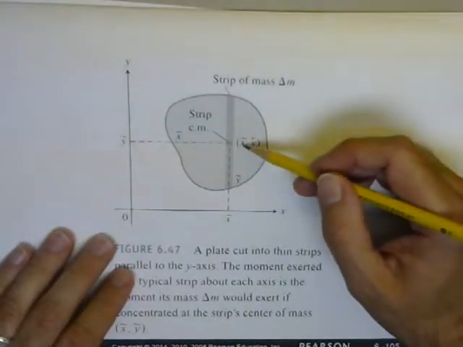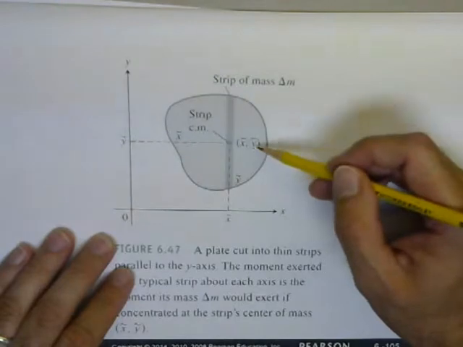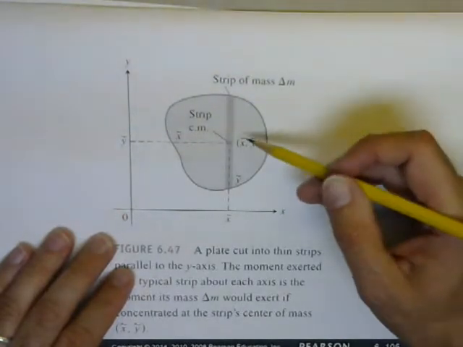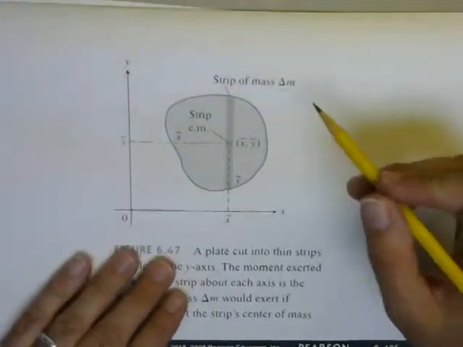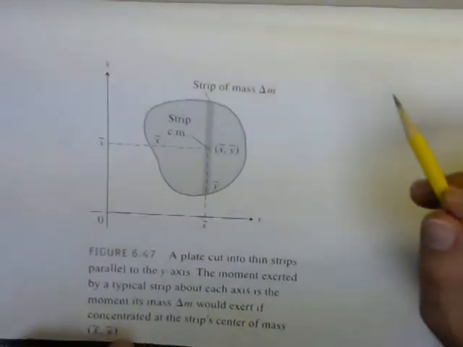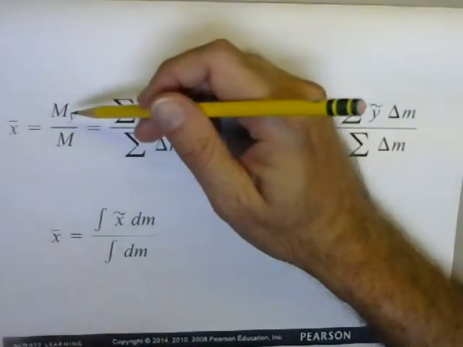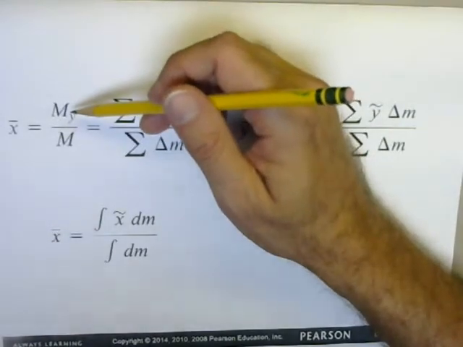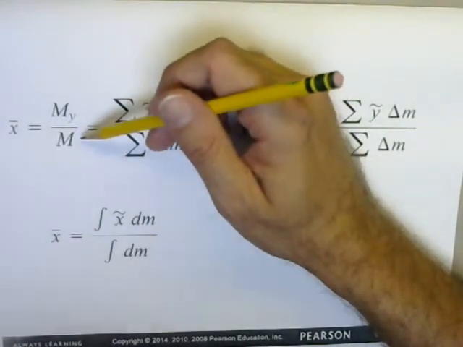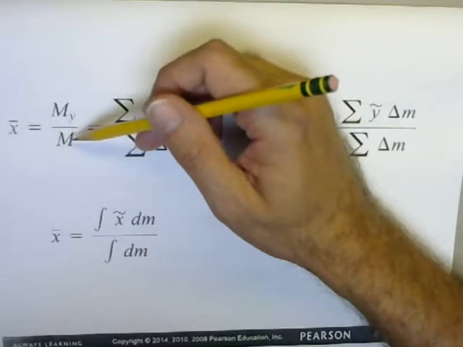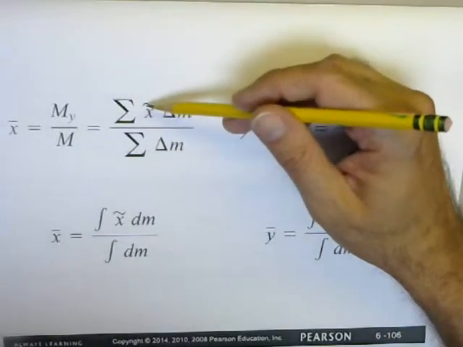We'll call the center of mass x tilde, y tilde, this little squiggle is tilde here. Some people just call it x squiggle and y squiggle or something like that. But the center of mass in the x direction is the moment in the y direction divided by the mass of the plate, and that's given by